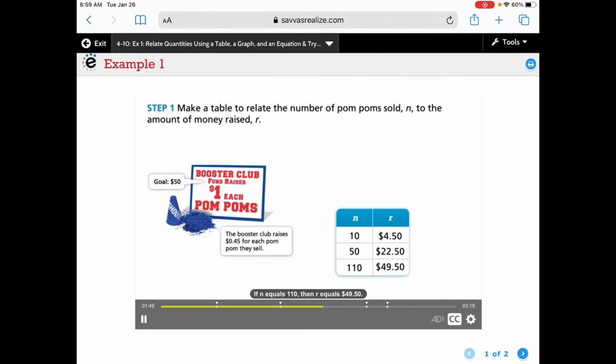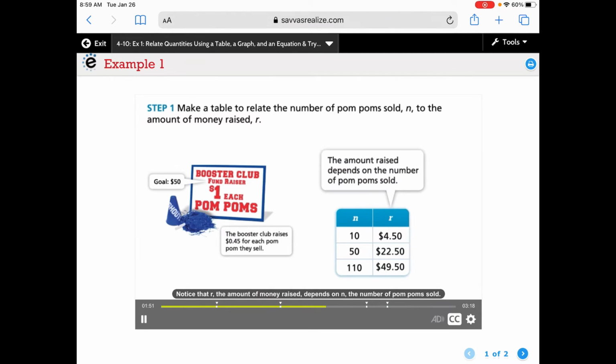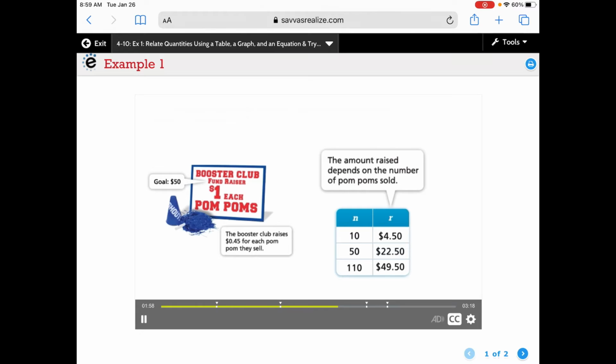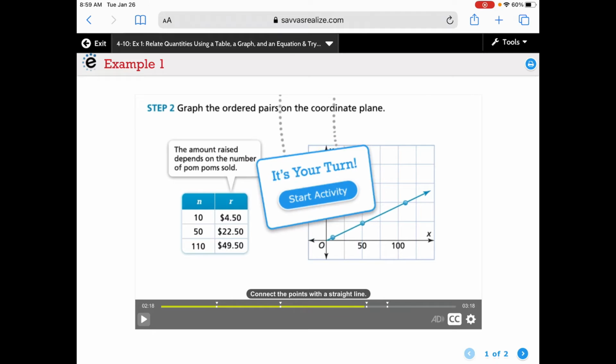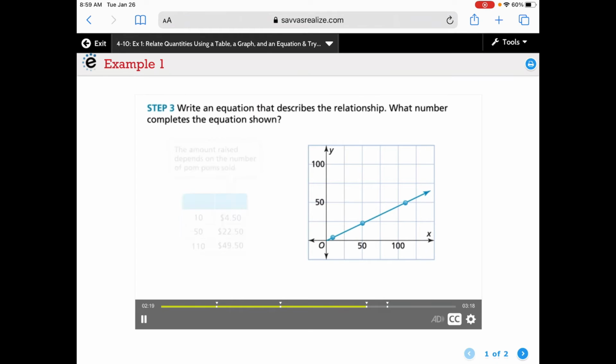And then if n equals 110, then r equals $49.50. So we still haven't got to our goal yet. So the amount raised depends on the number of pom-poms sold. Now we're going to graph this. The points are at the coordinates 10 and 4.50. Okay, so we can see that it's a linear line, it's a straight line. So in order to make that $50,